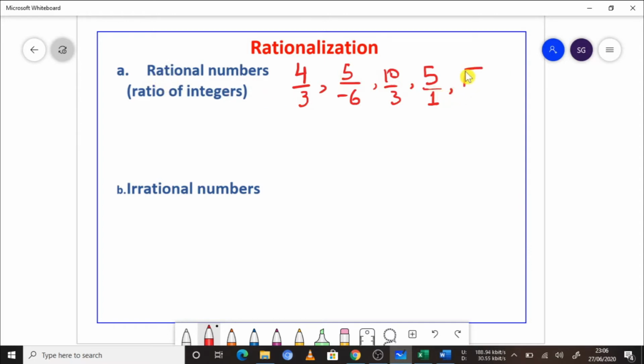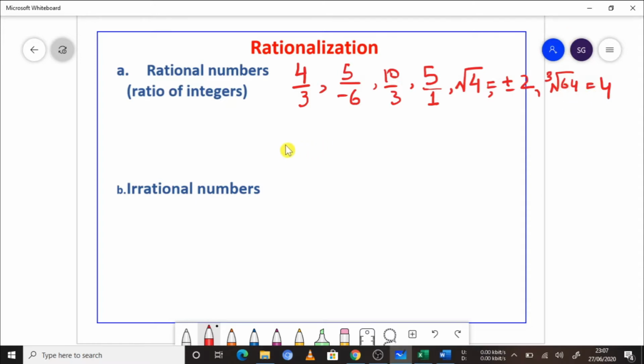Perfect square roots or perfect roots: let's say it is a square root and you take the square root of that number, again that is a positive 2 or a negative 2, so that is a perfect square root and hence it is also a rational number. Another example would be the cube root of 64, which is 4. So again, this is also a rational number.